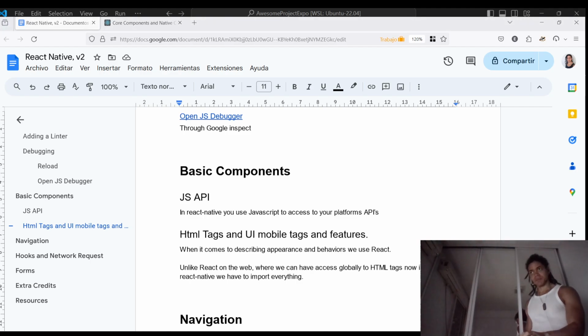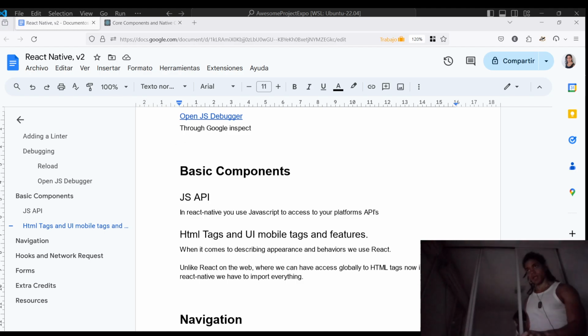All right, that was quite interesting. The other thing we'll notice is that we've used a view here for a container, and then we have this text component which doesn't exist on the web. In React Native, whenever you want to display any text, it has to be wrapped inside a text element, otherwise you'll get an error. If you've done old-timey programming with MVC patterns, you might be used to thinking of views as one big container component or a single page. This is not actually the case. You can pretty much think of views as equivalent to divs on the web. You can use them for containing things, for positioning,